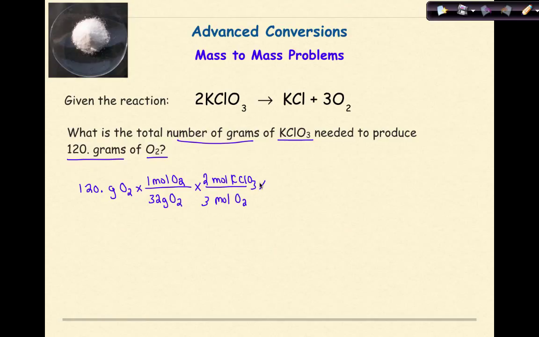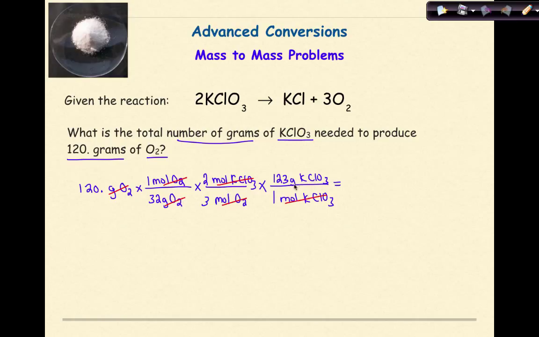But I don't want moles of KClO3. They specifically ask for grams, which is mass. So 1 mole of KClO3 has a gram formula mass of 123 grams of KClO3. And then yet again, I'm going to double check to make sure that I have this set up correctly before I do all of the work of the math. So grams cancel grams, moles of O2, moles of O2, moles of KClO3, moles of KClO3,